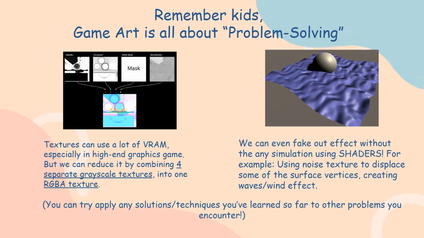And the cool thing about it, since I'm a technical artist, is I can actually change my textures into just one single color map. So the metallic will be the R channel, which is the red color. The collision will be the G channel, which is green. And maybe if I want to put in details like a masking, I could just put it in blue. Think of it like color channels from RGBA packed into one single texture. Then instead of 4 textures, you can just merge them into one. So you can give a 100 MB texture that contains the data you need, instead of 4, which is like 500 MB for some reason. So that's one of them.